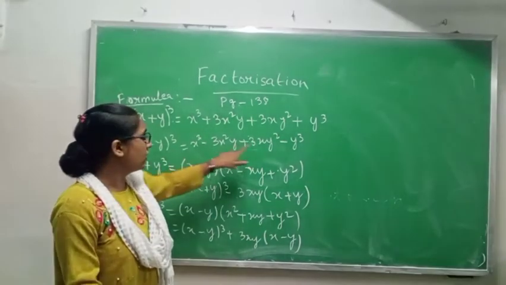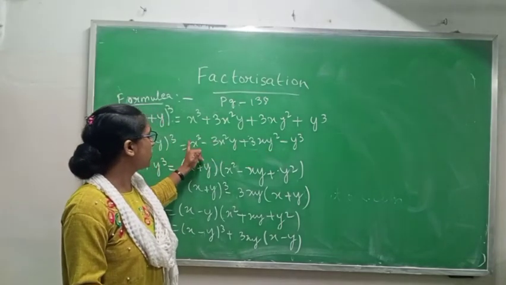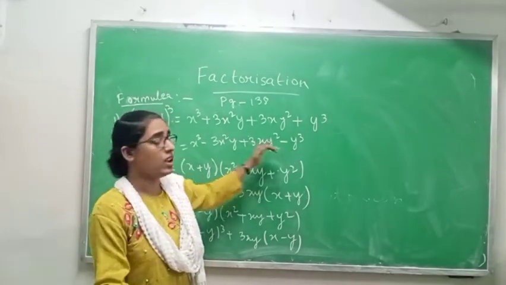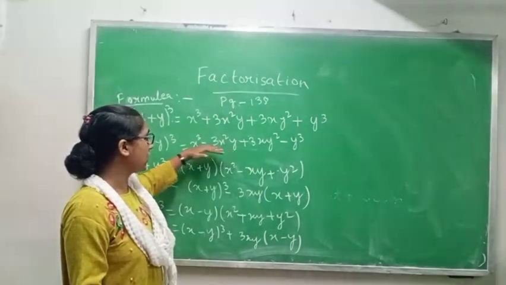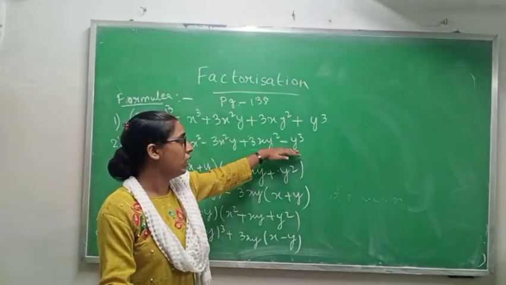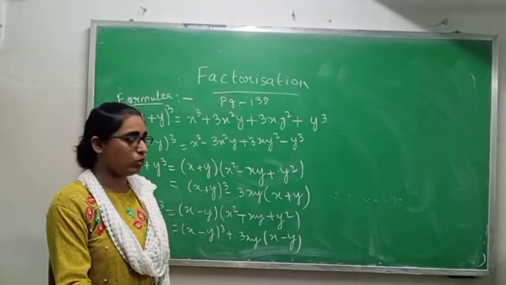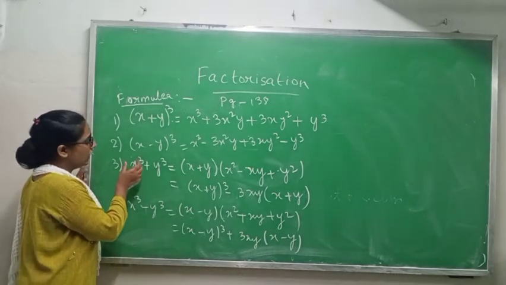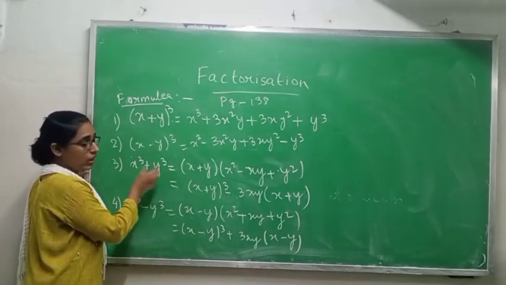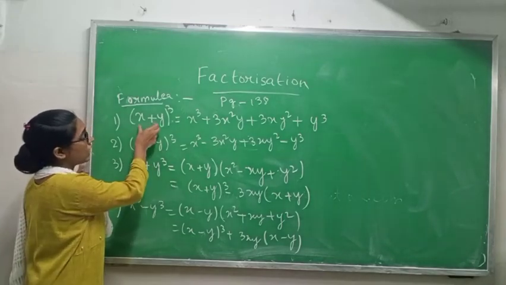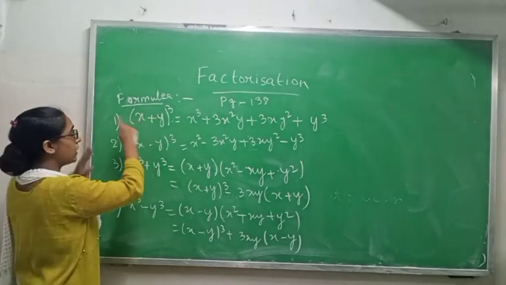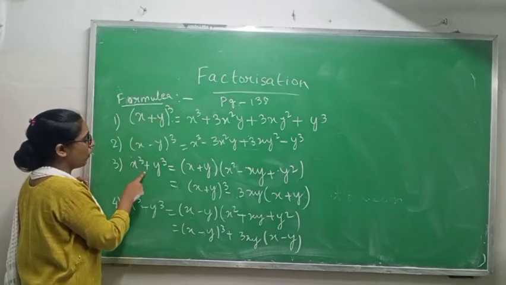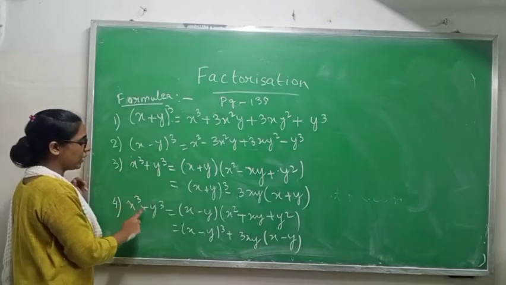See, in the second and the last one, here no sign is plus, then second minus, then plus, then minus. Meaning before the second term there is a minus sign, and before the fourth term there will be a minus sign. Okay. Now in these two, the cube is individual with x and y: x cube plus y cube. Here it is (x plus y) whole cube, but here it is individually x cube plus y cube. Here also x cube minus y cube.